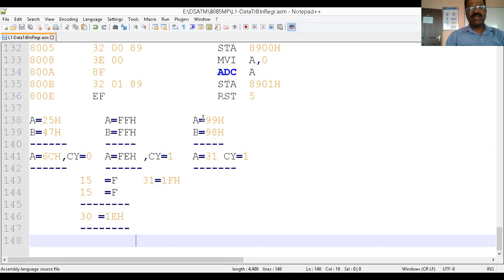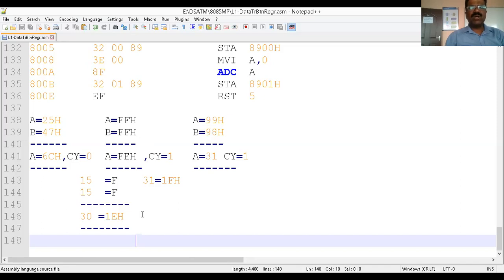The sum is 16-bit. So one more example, I'm going to consider 19 and 98. If we add these two numbers, we'll get 31 in hexa, and the carry flag is also set. Therefore, we have to write an instruction in such a way that we store this carry also. That's why the input is an 8-bit number, and our final sum is 16-bit. That's very important. If we give any possible 8-bit number, we are able to get the sum in a 16-bit form.